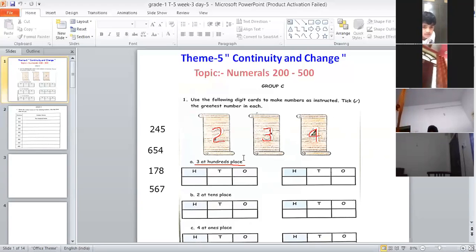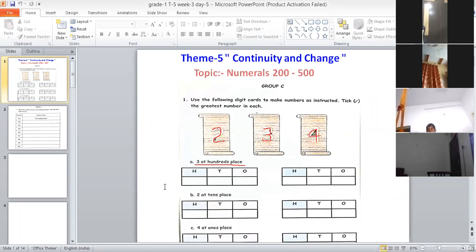7 is how much? You read 67 as 67. Yes, 67. So what is the number? 567 is 500 and 67. Yeah, so this is 567. I hope now you all know how to read these numbers.